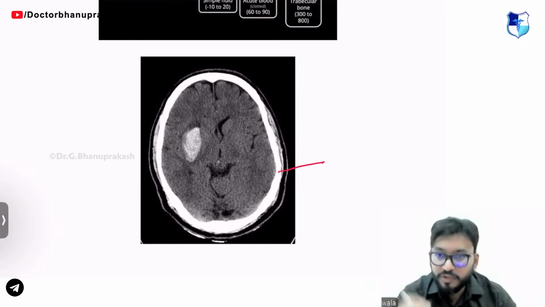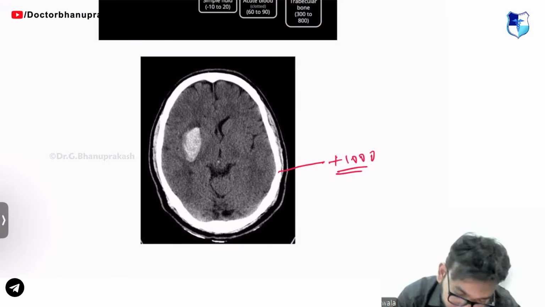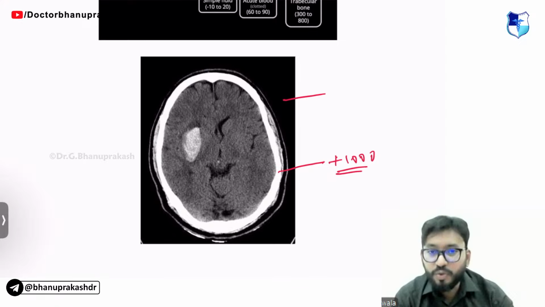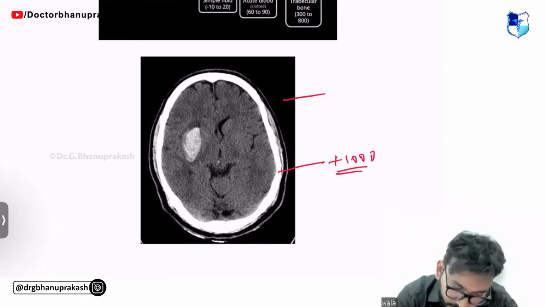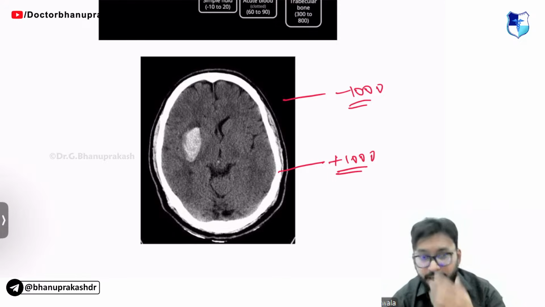Now I'll show you the Hounsfield intensities here. Do you see this bone is absolutely white? So I give this a value of plus 1000. Look at the surrounding tissue. It is absolutely pitch black. This has a value of minus 1000, and that is what you represent air with.